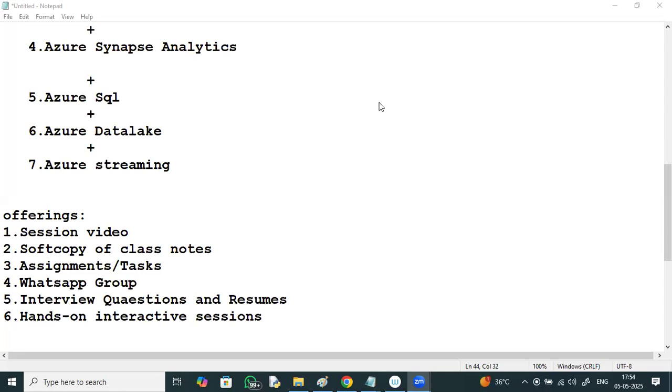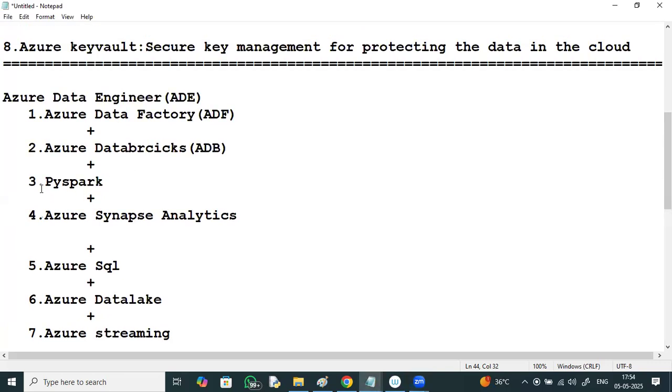So for data engineers, the main tool that we use is PySpark, which gives very high speed processing. Today, every application is generating huge data, not in GBs or TBs, but beyond that, petabytes of data. Whether we talk about Google, Instagram, YouTube, bank applications or telecom applications, everywhere huge data is getting generated.